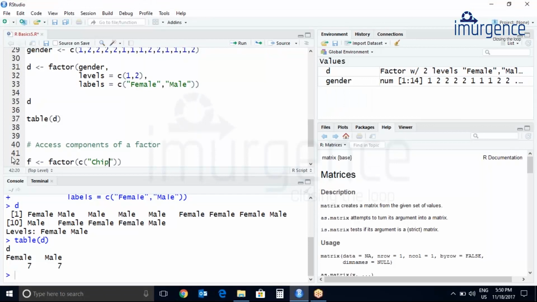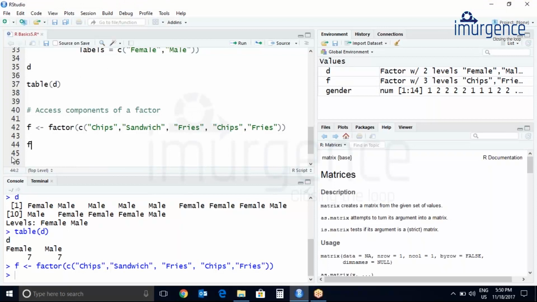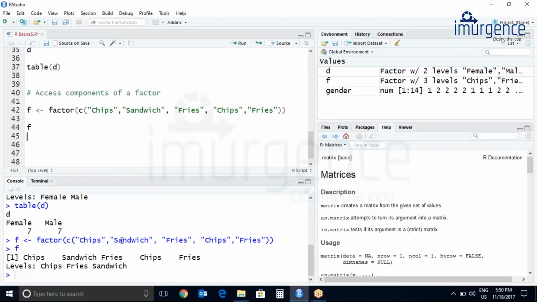So let's add chips, then sandwich, fries, again chips. Just add fries again. Let's print f. Now you can see it is no more a character vector, it is a factor.